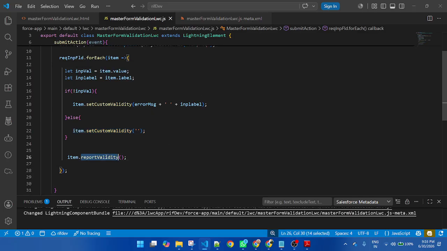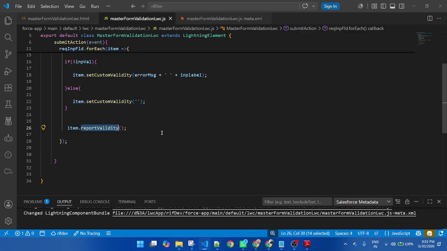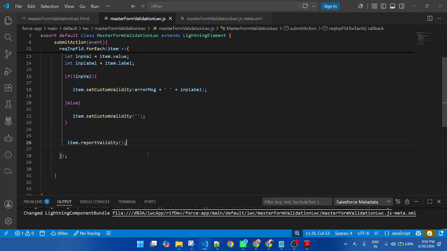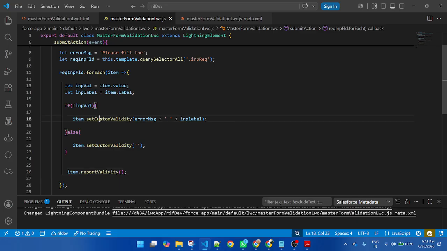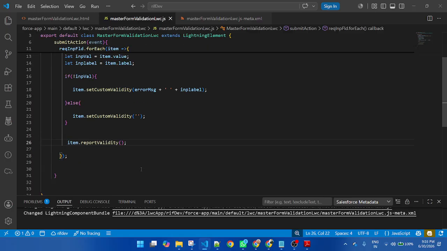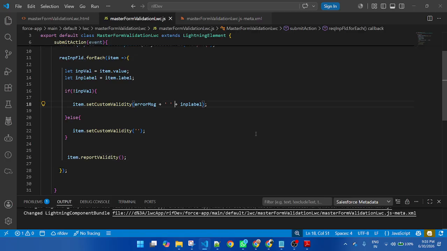After that, reportValidity is applied. Report validity means it will be able to submit the form, and setCustomValidity will stop the submission if the value is blank. And remember one thing, setCustomValidity and reportValidity are standard functions of Salesforce. If you make any kind of spelling mistake, it will not work.